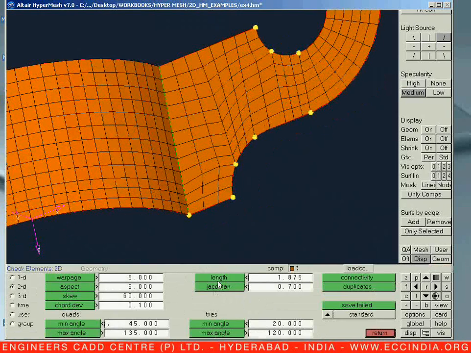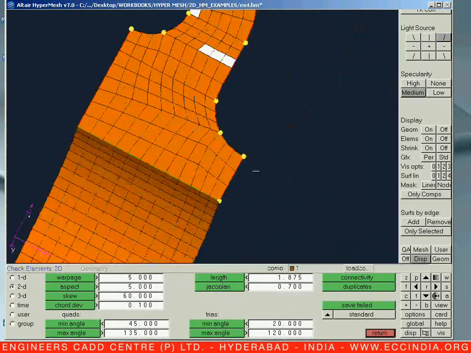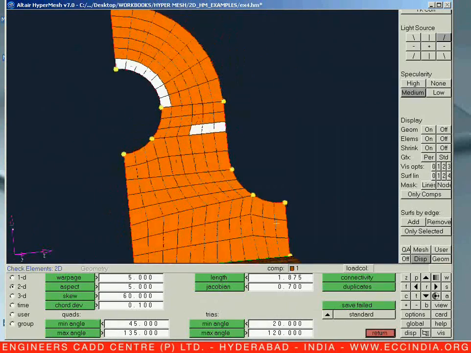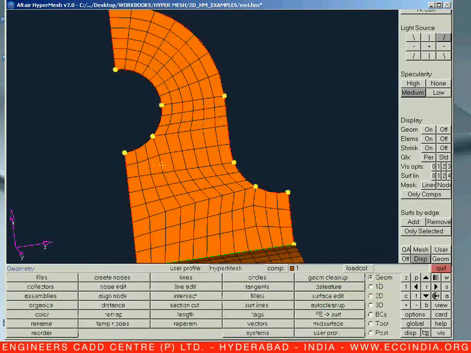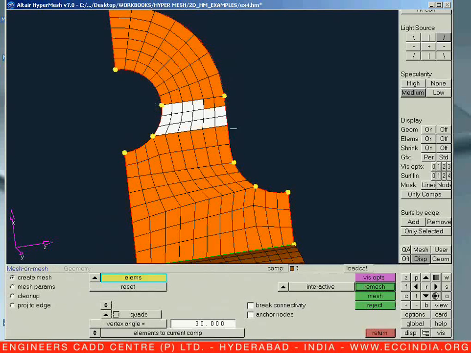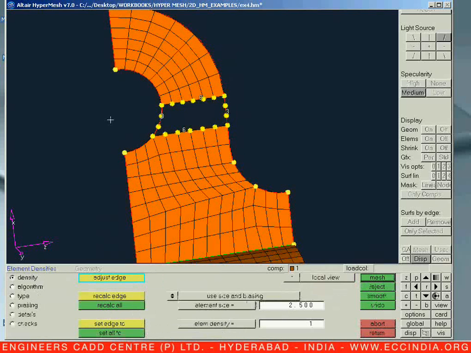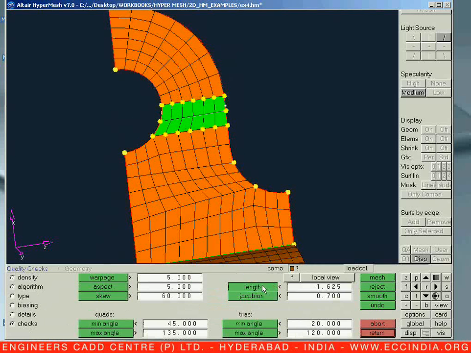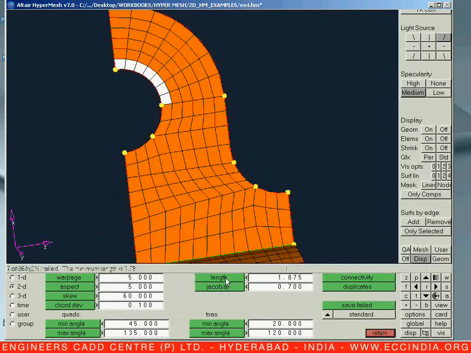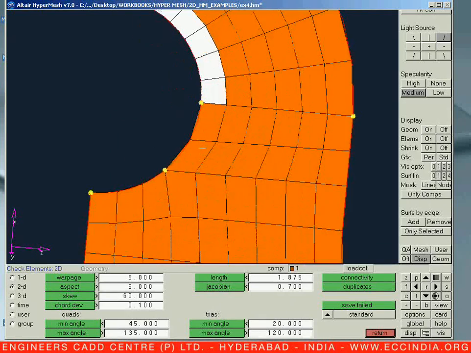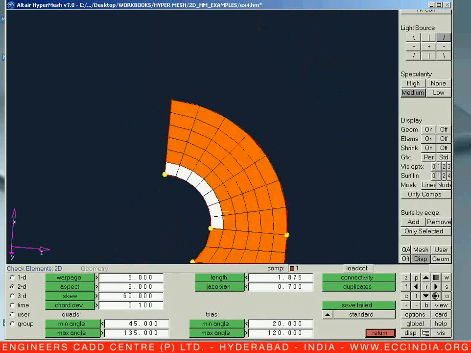Let us shift F3, preview equivalence. Now let us go for F10, check for the length failure. Again the length is failing over here. So let us control for these elements. F12, select for that particular band. Let us say OK, 2 and 2. Let us go for the checks, not a failure. So let us go for F12, F10, check your length failure. Again length is failing in this particular region. So let us go for controlling over here.